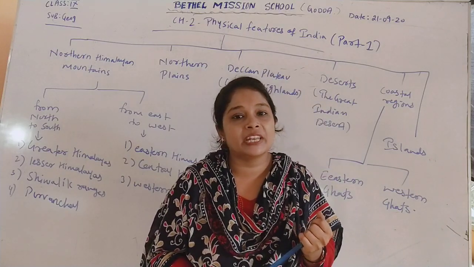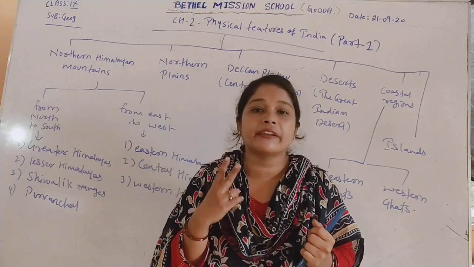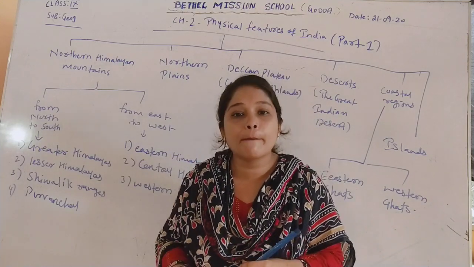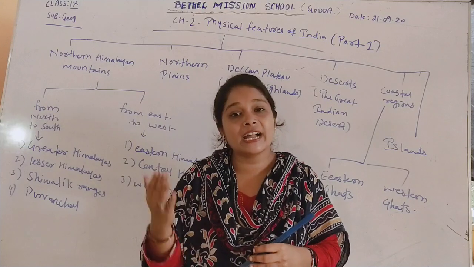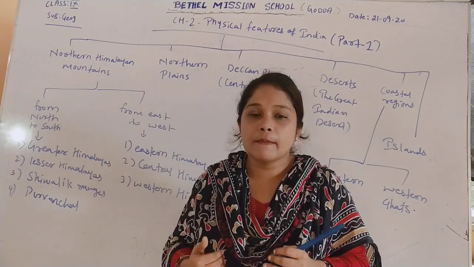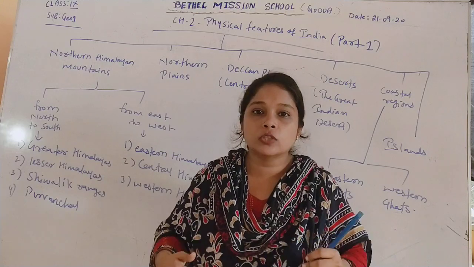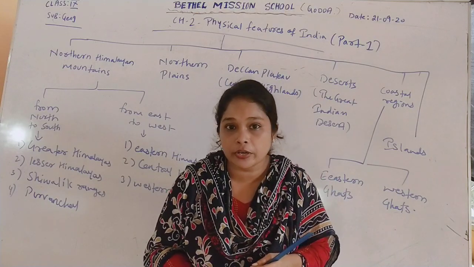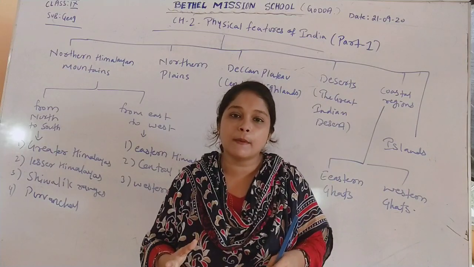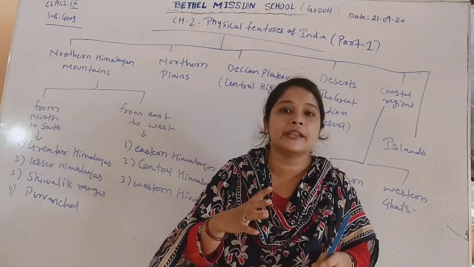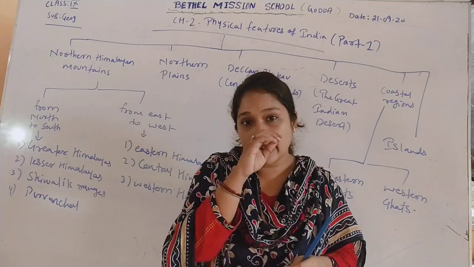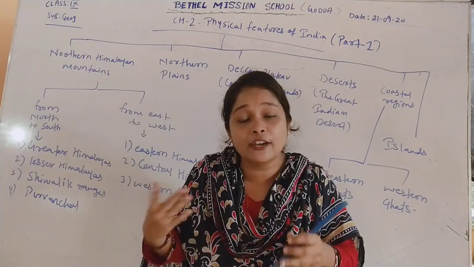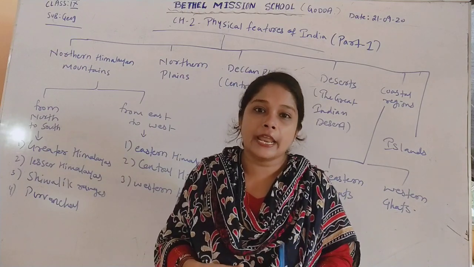It is made up of granite rock, and 2 important rivers flow in the Himalaya, that is the Indus River and the Brahmaputra River. Ganga River also flows from the Himalayan mountains, but it flows all over India. That is why the Ganga River is known as the longest river in India. And the Indus and Brahmaputra rivers only flow in Himalayan regions. After that they go to the Bay of Bengal and they end towards the Bay of Bengal and Arabian Sea.